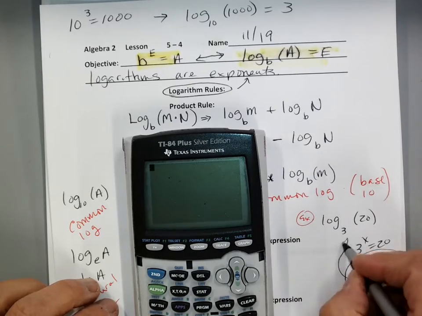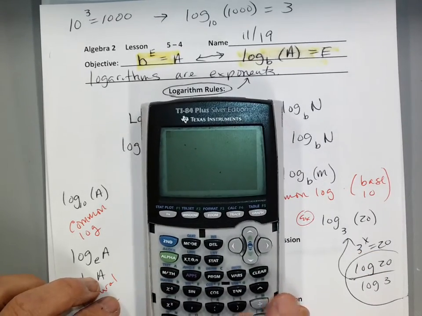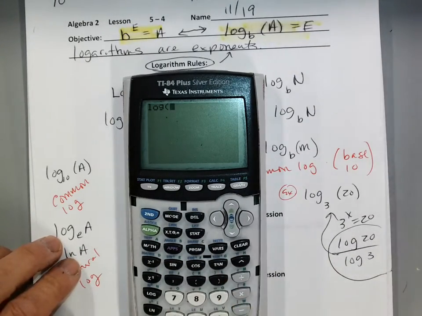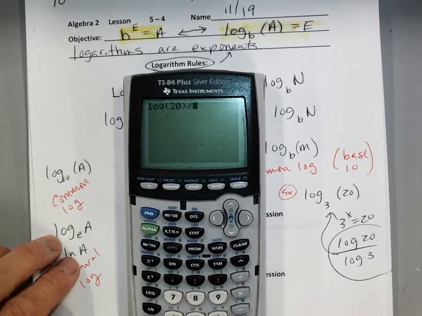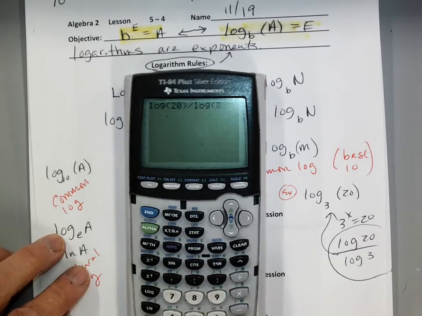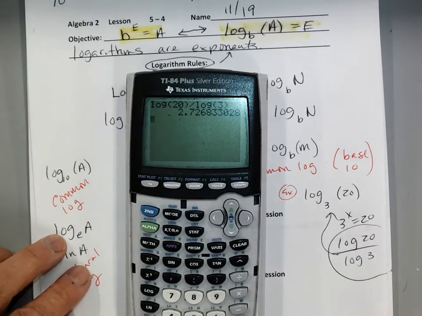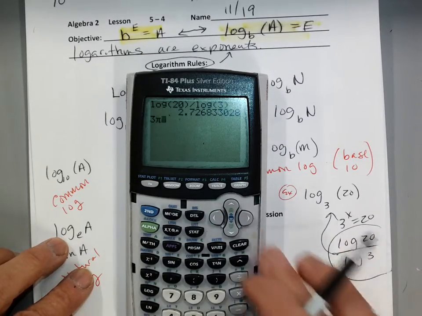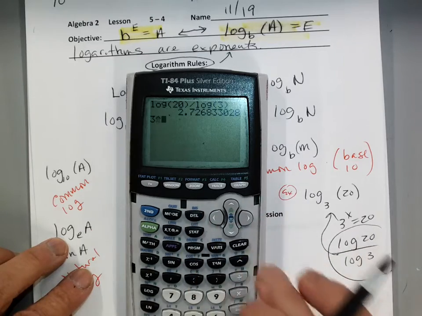And I'm going to use my calculator. So I'm just going to go like this. I'm going to go log, that's my common log, of 20 divided by log of 3. I get an answer of about 2.7. I knew it was close to that. So if I went 3 to that power, right? Yep, back up. 3 to that power